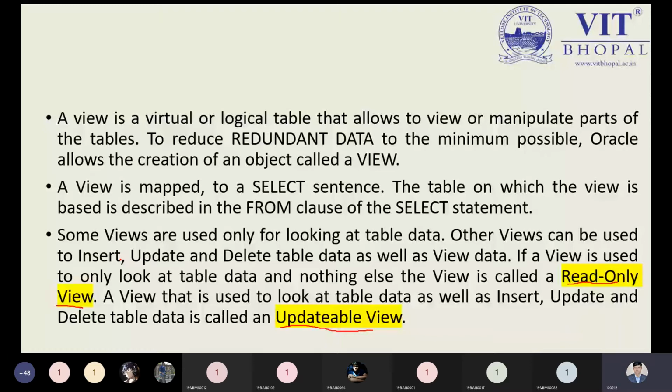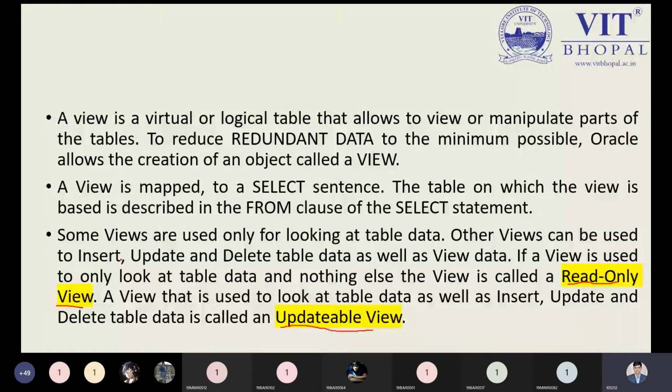Sometimes you can understand a view as just like a clone of the table. If you want to make a clone of your table, then you can. And if you want to update something in the actual table, then it is also possible, and after updating, if you run your view, the updated information is also visible through the view. But we may want to take only limited features of the table, meaning only limited properties, like selecting only five attributes out of seven or eight. I don't want to select all attributes.